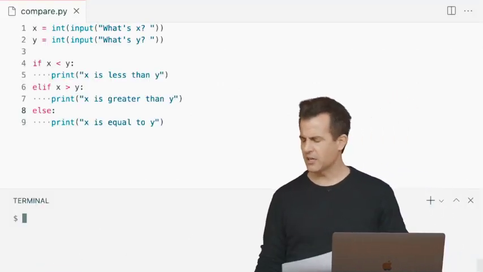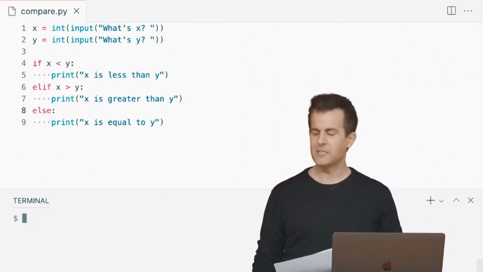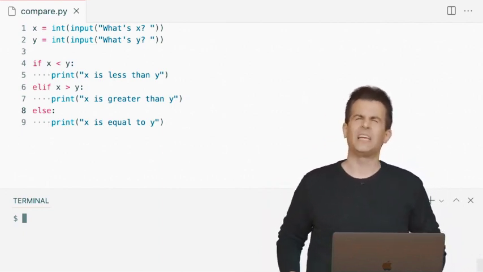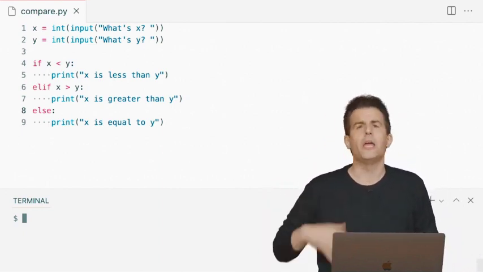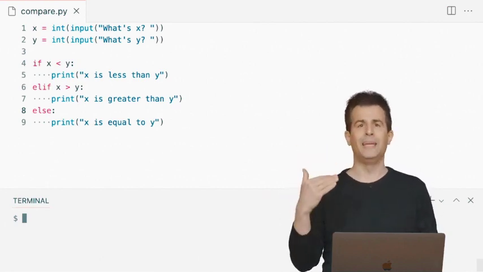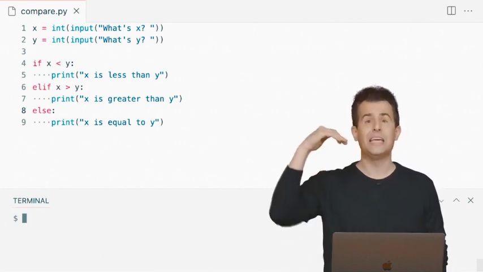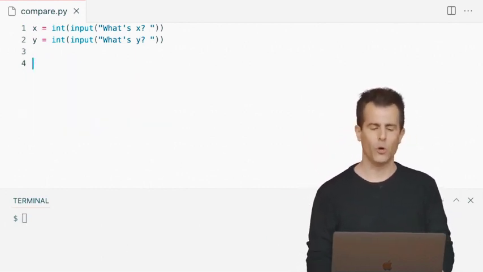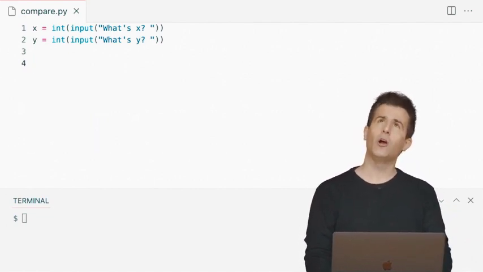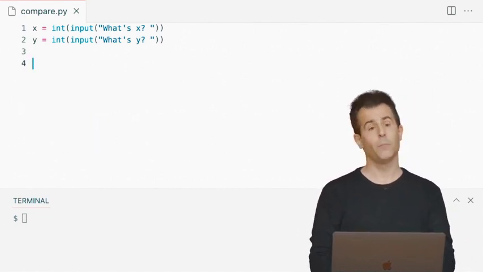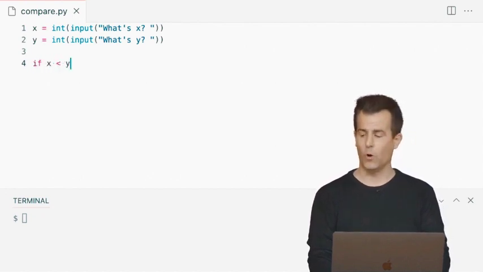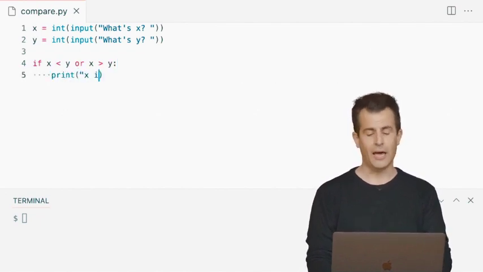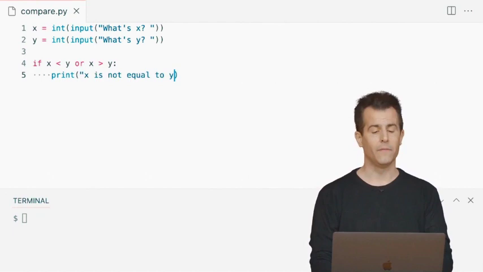And let's propose how we might ask a couple of questions at once this time. Perhaps this time considering how we might ask not whether or not it's greater than or equal to and caring about the precise answer. Let's take a coarser approach here, and let's just try to determine, is x equal to y or not? Well, let me go ahead and delete some of this code and change the question we're asking. Let me do this. Well, if I care about whether it's equal or not, let's check the possible scenarios. If x is less than y or x is greater than y, let's go ahead and print out x is not equal to y.